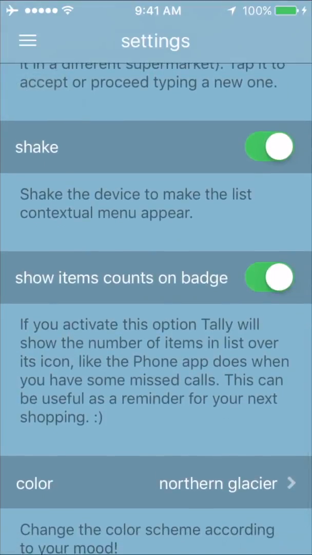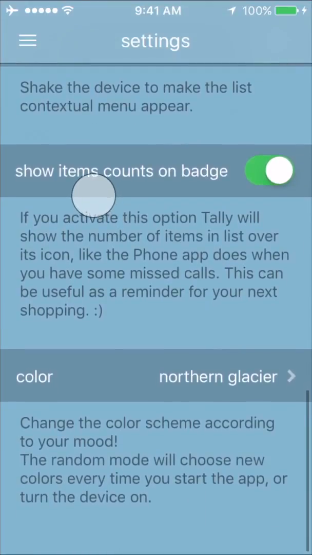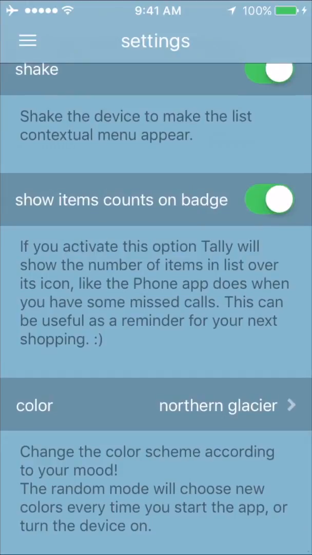Some contextual menus, that we'll see later, can be activated by shaking the device, but sometimes while managing products it can lag too much. Here you can disable it. Show items count on badge will add the number of products in your active list to the iOS dashboard icon.